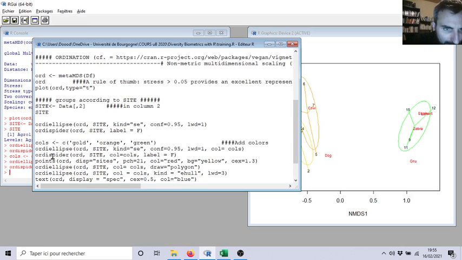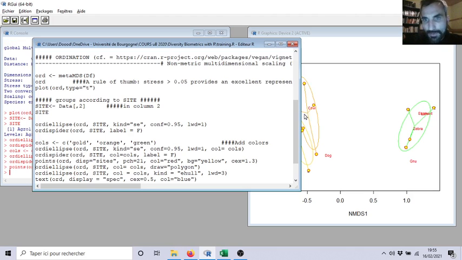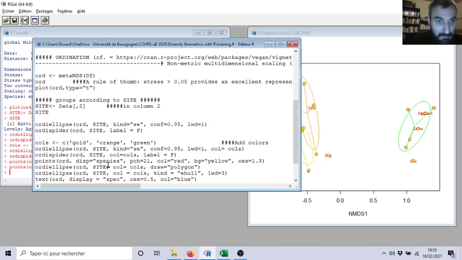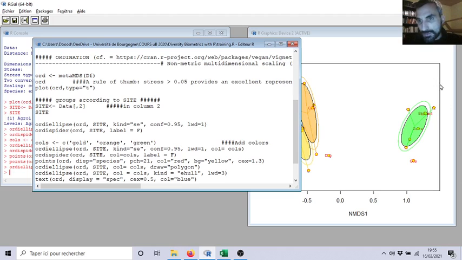Here we have the points, so you can show the points of the species according to the site. Sorry, you can even put species according to the species. Okay, not very nice, but it's just to show you that you can write a lot of things. You can draw the polygon around your barycenter, but now it's 90% of your standard error around